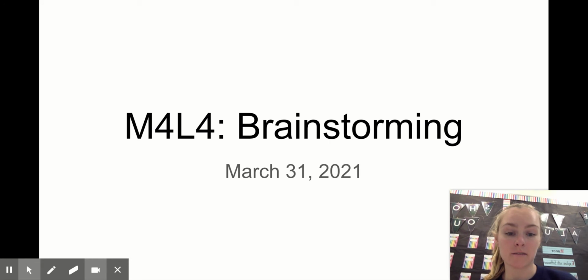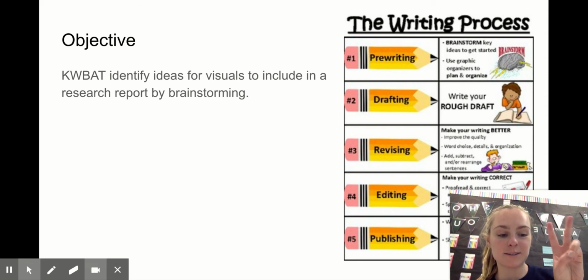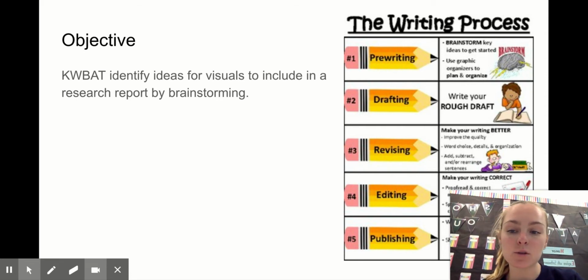Today we are beginning step 1 of the writing process, which is pre-writing. And we're going to specifically be brainstorming today. So let's look at our objective together and then read it on the count of 3. Ready? 1, 2, 3. Kipsters will be able to identify ideas for visuals to include in a research report by